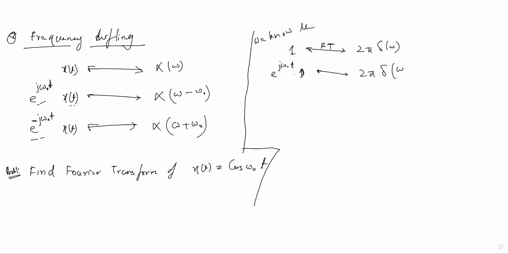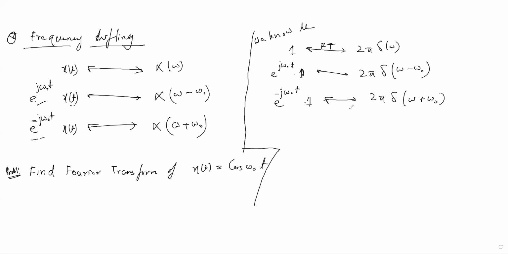Omega, plus is there, so minus will come here. It will shift the frequency component. Similarly, if we multiply 1 with e to the power minus j omega naught t, then what will become? 2 pi delta of omega plus omega naught will come. Since we multiply this exponential with the signal, here x(t) is 1, that is why this variation has come in the frequency domain.